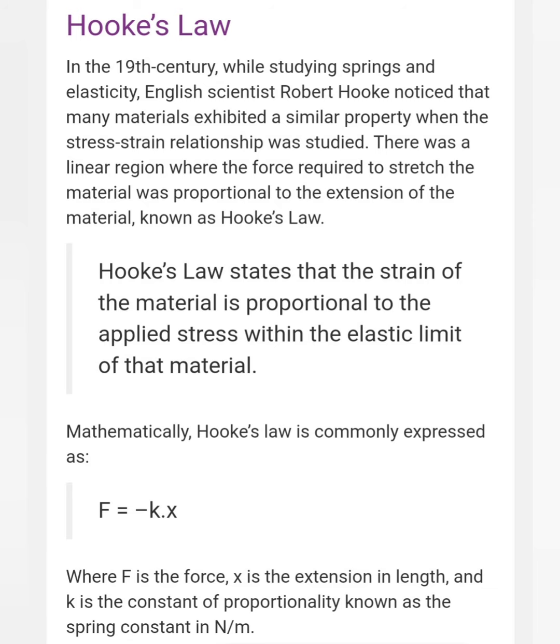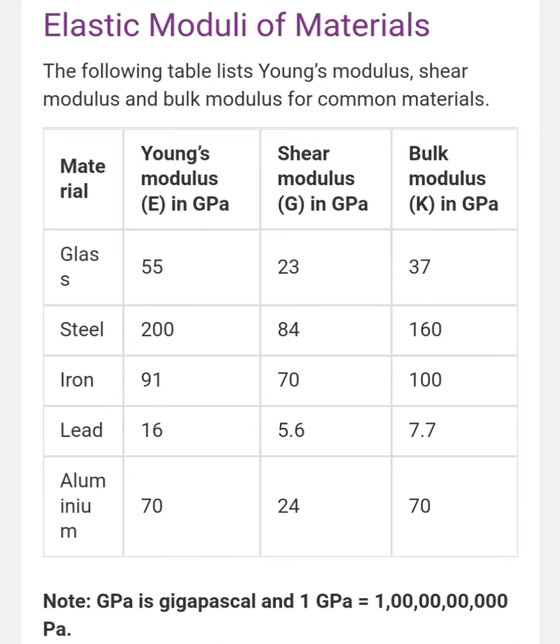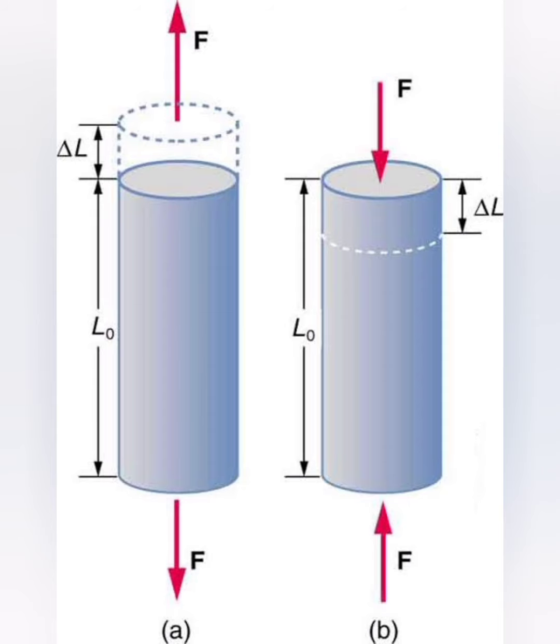Now let us see the concept of strain, that is plane strain. When a load is applied to a body of elastic material, its shape is altered. This alteration in the member is called strain. Strain is simply a measure of deformation produced in a member by the loads acting on it. It is defined as the ratio between the change in length and the original length. It is denoted by small e and given by strain equals change in length divided by original length.